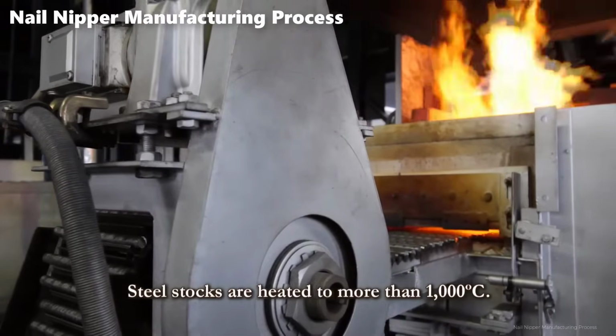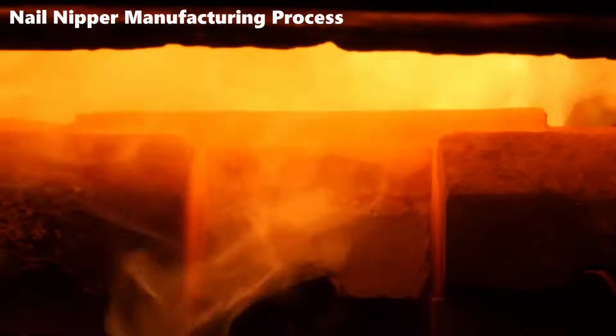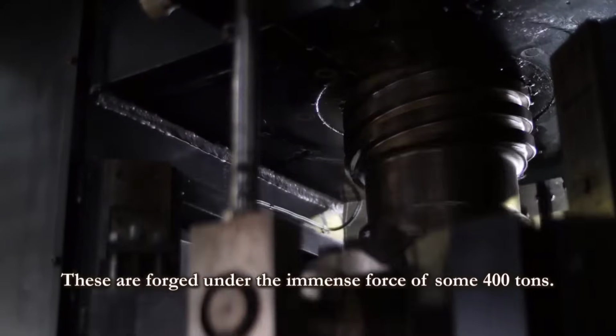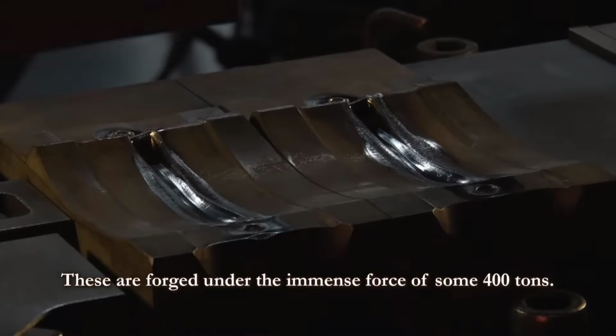Creating nail nippers is a meticulous craft that demands precision and dedication at every step. The journey begins with steel stocks, subjected to scorching temperatures exceeding 1,000 degrees Celsius. This extreme heat primes the metal for the shaping process ahead. Under staggering pressure, about 400 tons, the heated steel undergoes forging, where its structure is transformed and strengthened, yet only